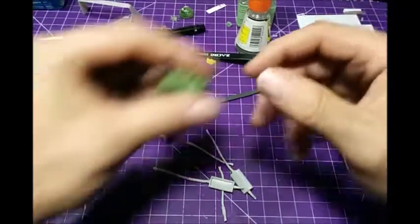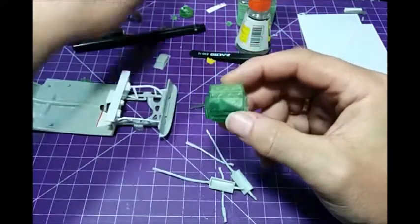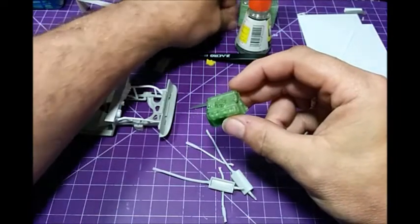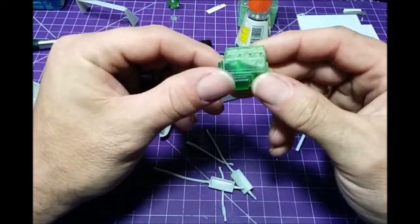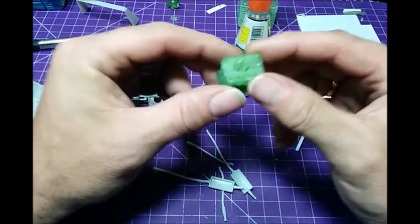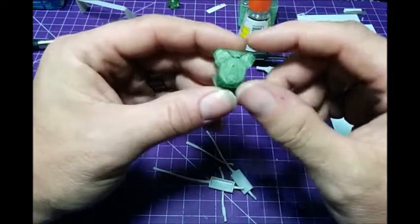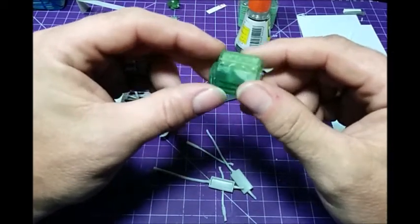Now I was going to use this here, and I think I showed this to you before. Now I cut off the carburetor and the air cleaner because it's not proper. Cut off the alternator and stuff like that. The distributor. This was meant to be a 426 Hemi, and just looking at things, it just wasn't right. But I thought maybe I could do it, make it right. So I cut off the different things, cleaned everything up, and I just started looking at it, and things weren't right. So I scrapped that idea,